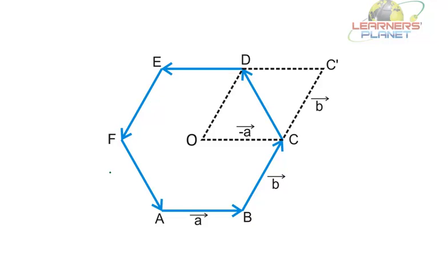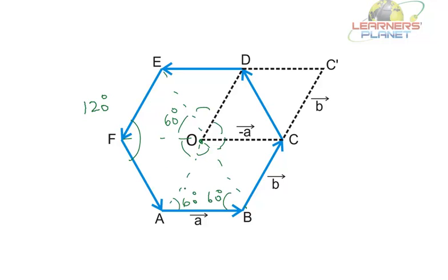Now let's say here you have ABCDEF as a regular hexagon. These are the vertices of the regular hexagon. Now there is a center of the hexagon, and if you join all the vertices with the center of the hexagon, you must be knowing that these angles, they all are 60 degree. Similarly, the angle here is 60 degree, this is also 60 degree, and this total angle is 120